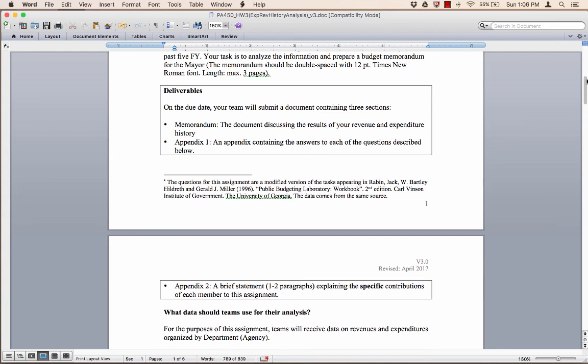Would you sign as a budget analyst or not? And most importantly, the content. What is the relevant information from the analysis that you would like to report as a team to the chief budget officer? What do you want the budget officer to know about the expenditure and the revenue history of this particular city? So start